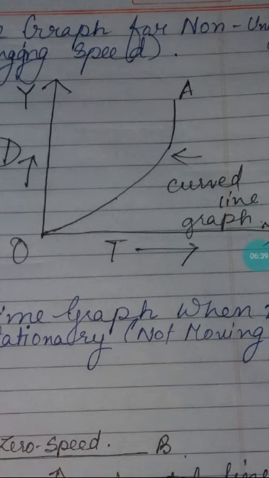Okay, moving forward to the next case. Our next case is the distance time graph for non-uniform motion. See, this is the distance time graph for a non-uniform motion. That is a curved line. Unlike the first case, which was a straight line for uniform motion, for non-uniform motion it will not be a straight line. Its distance will not change equally in equal intervals of time. So it will be a curved line.